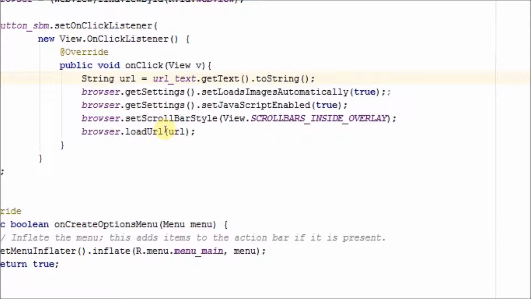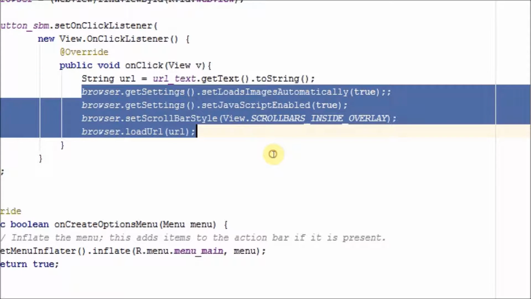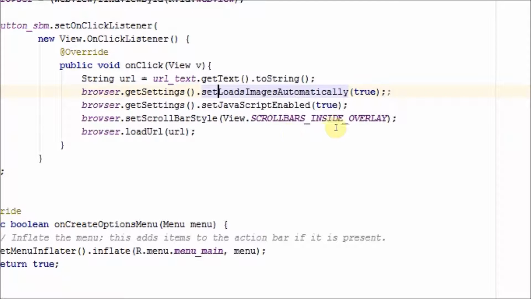So this browser.getSettings, these are the main classes of this web view. All these classes we have given here are considered web view contents. Here browser.getSettings means it will give settings just like a browser. In this browser.getSettings class, in this method we have to give